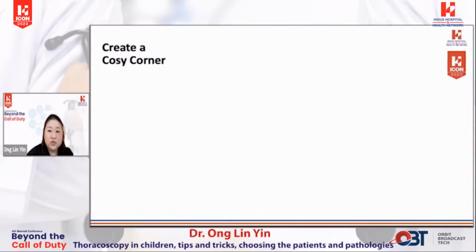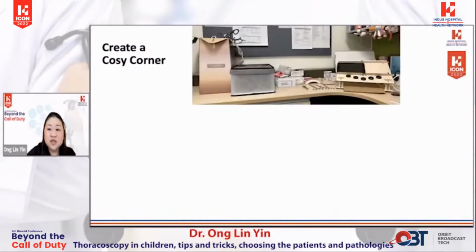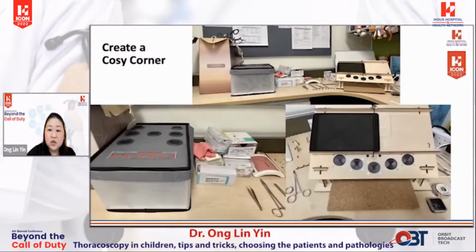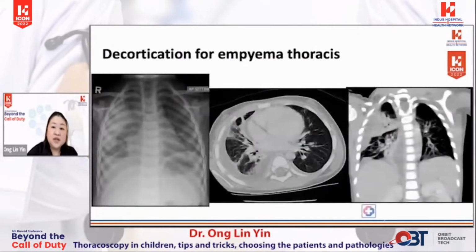Skills will only improve in practice, and for this we have set up a little cozy corner in one of our consultants' desks. And essentially, nobody should be playing or practicing on patients, but we should hone our skills in the dry labs and then take these to when we finally operate on patients. We can create our own simulated cases and acquire skills like intracorporeal suturing outside of the operating theatre. And now we can get started.